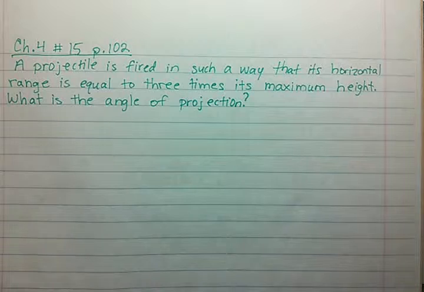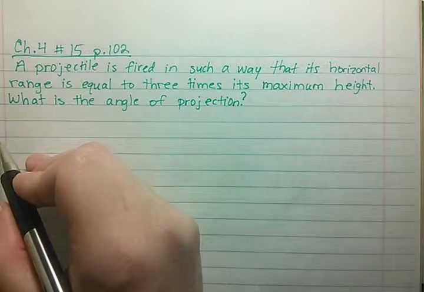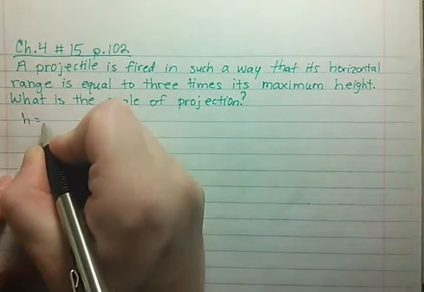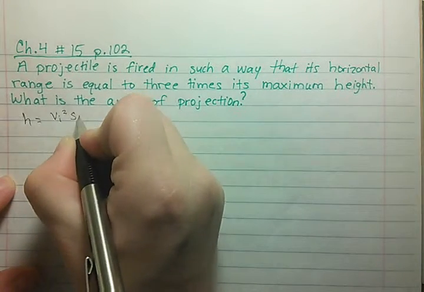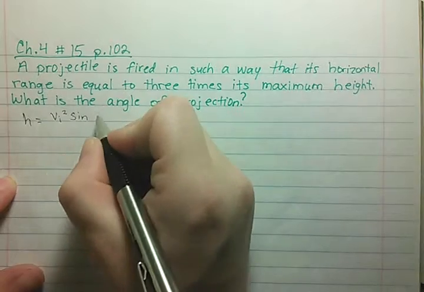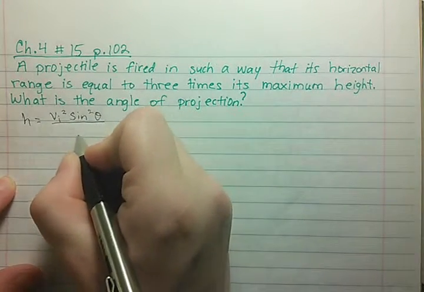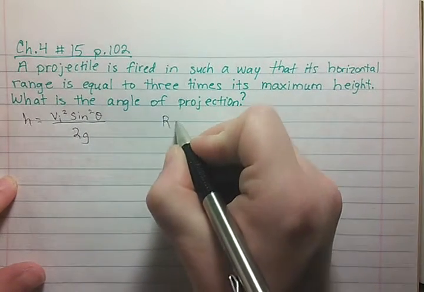So basically it's asking for the launch angle. For this one, you want to use the height and range equations. So the equation for height, I just looked this up in the textbook. You also should have your notes on these equations. And then for range,